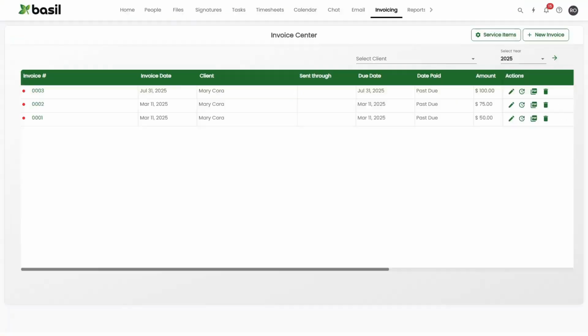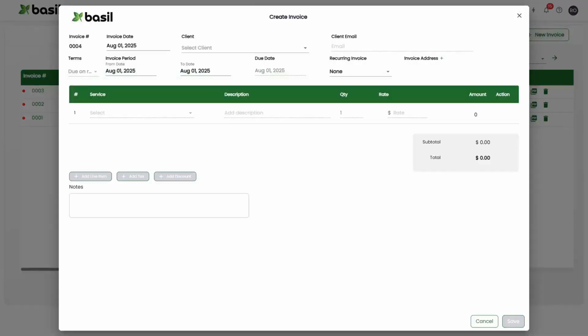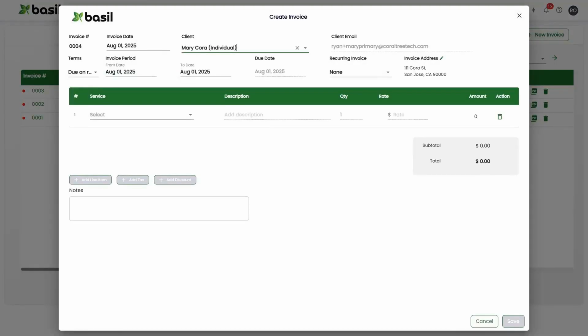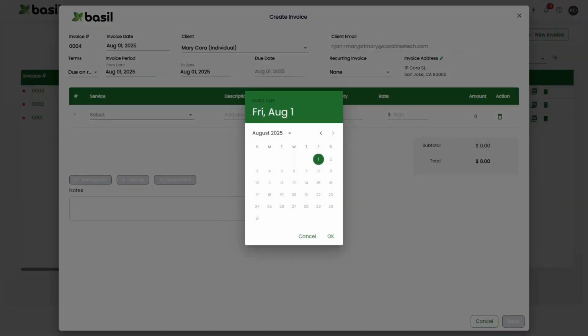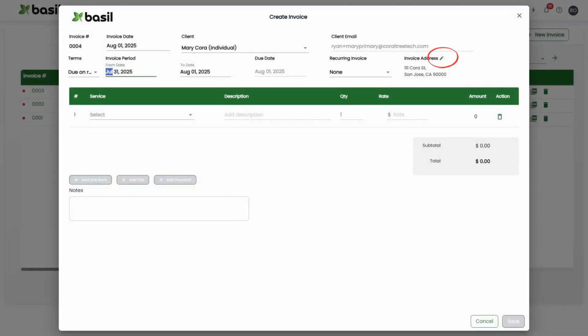To create a new invoice, in the Invoicing tab, click New Invoice at the top right. This will bring you to the Create Invoice screen. Here you will need to fill out all required fields, including the client, the recurrence of the invoice period to and from dates,